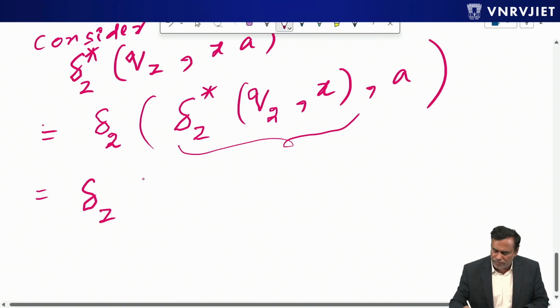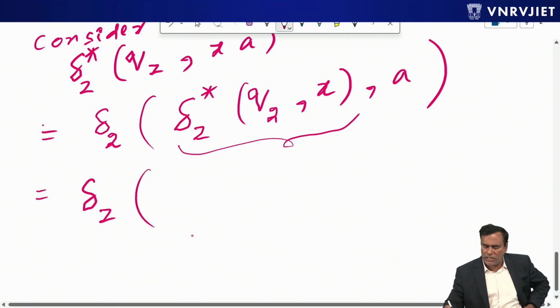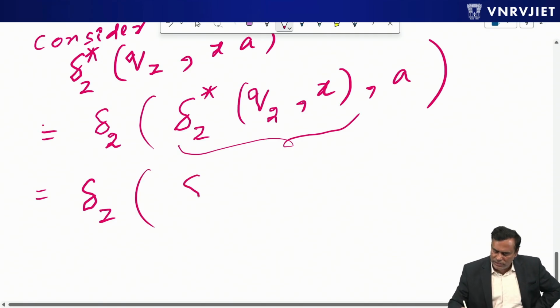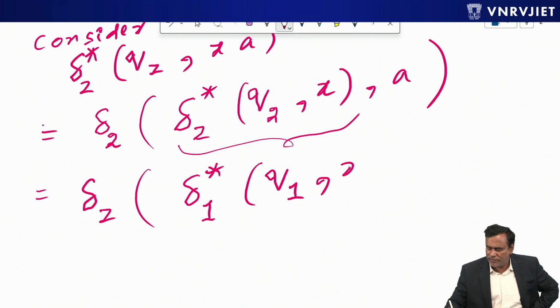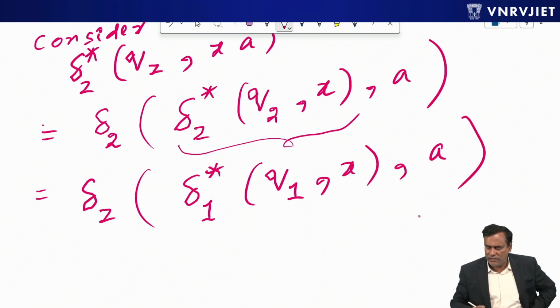Just now we have proved the theorem: delta 2 star of Q2 X is what? Delta 1 star of Q1 X, and the rest of the part is as it is. And you have one more equation. What is that equation? This is delta 2 of Q A is equal to